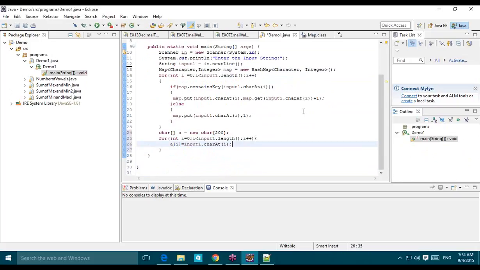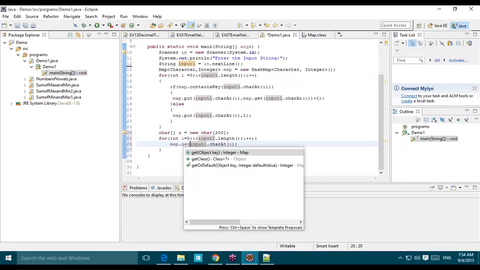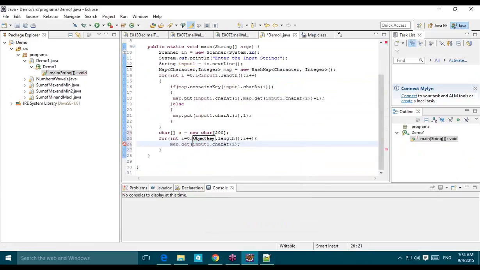So here we go character by character, right? Now we will try to get the value here, map.get of here. If it's greater than 1,